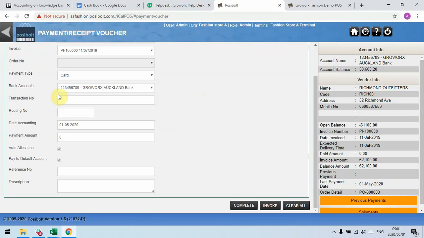and then transaction number if I need to, which is compulsory. If I don't put in the transaction number, it won't go through. And then the date of accounting, leave it as it is or change it if I need to backdate it. And then put in the amount that I'm paying, or if you're not sure and you want to settle account,